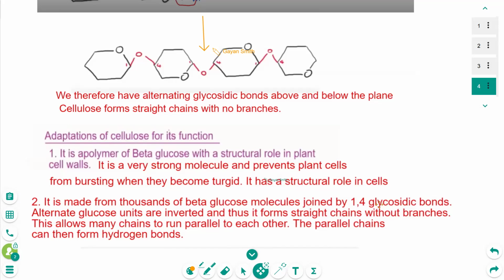Now, the other feature or adaptation is that it's made up of thousands of beta glucose molecules joined by 1,4